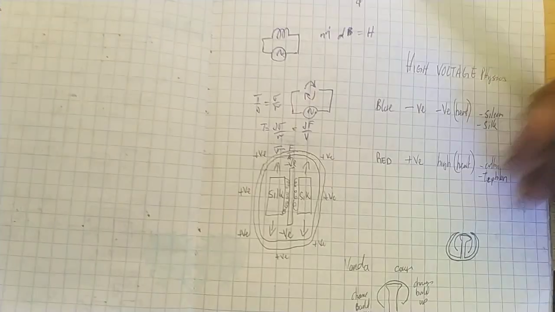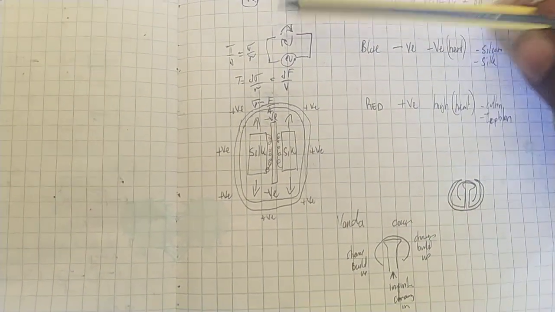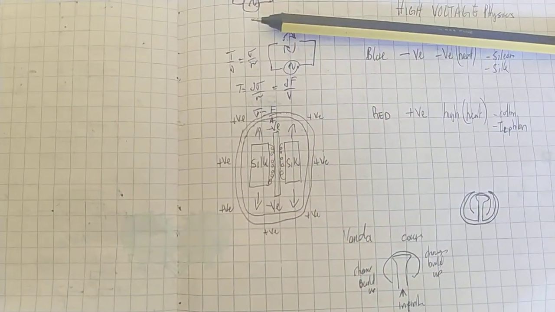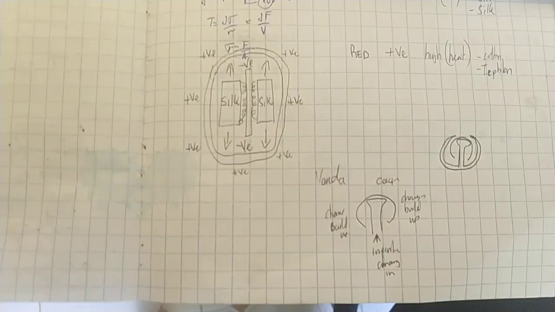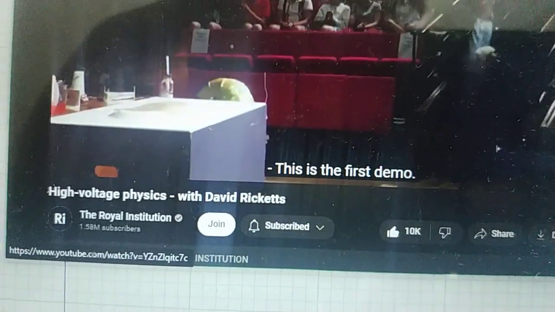So from there, there was this class for Robertson. Don't know if I'll find it. Give me a minute. It was a class for high voltage physics with David Ricketts. So